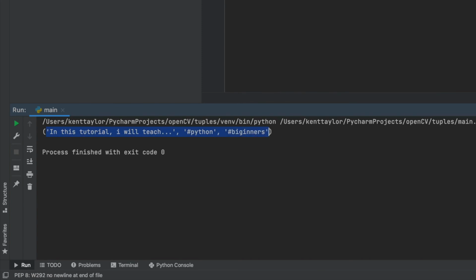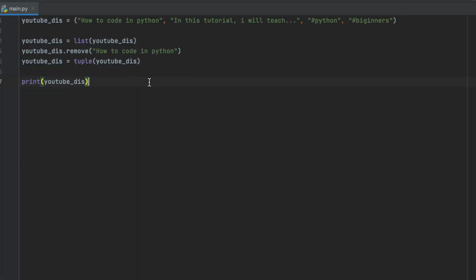Okay, so that worked really well. So that is how you can manually take away an item as well as adding an item. And if you did want to sort them, you can use the same method where you convert it to a list, do whatever the method is you want to do, and then convert it back to a tuple. But again, the reason why people use tuples is that so you don't have to change them. So if you do want to have your data to be changed and sortable, then just go ahead and use a list. But if you don't want it to, then go ahead and just use a tuple.